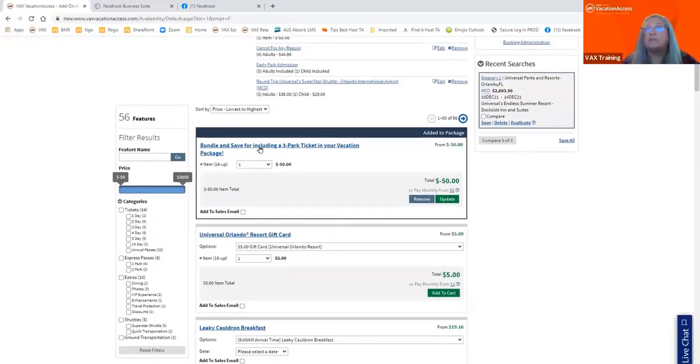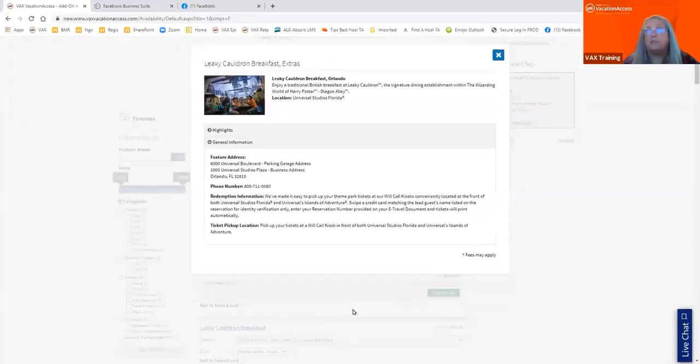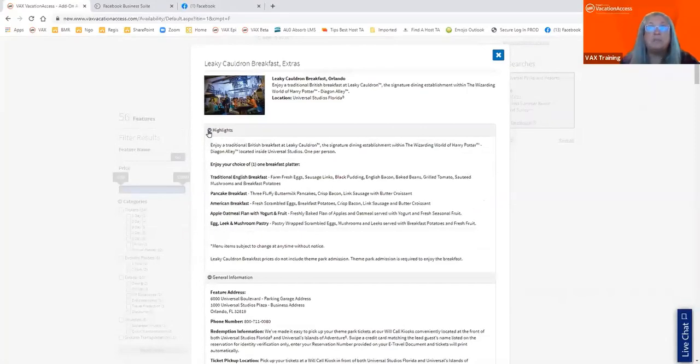Now, these profiles, again, give you a good understanding of what you can expect when you select that particular feature. It gives you an image, but it gives you so much more information. So when you're thinking features and excursions, you're really looking at sending your clients valuable information that they need to know about.